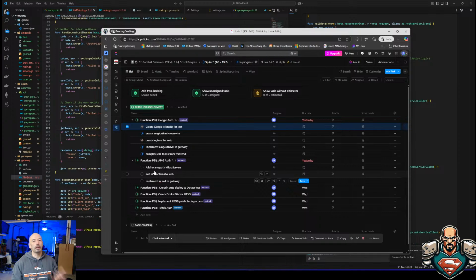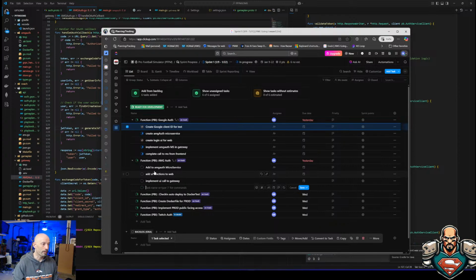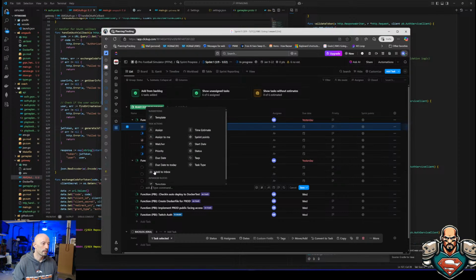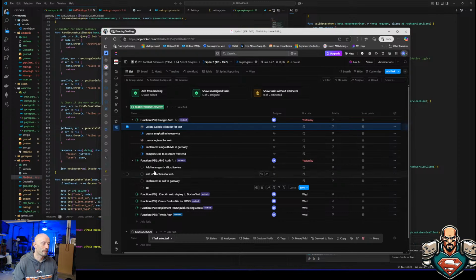It's going to be smaller because I've already created a lot of the bits and pieces. I do need to also add, say add verify to gateway microservice.